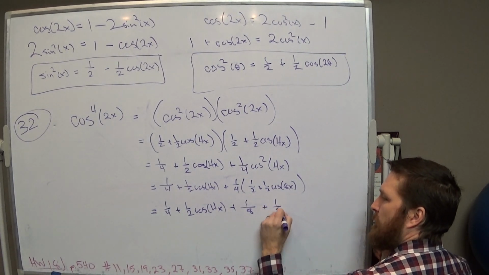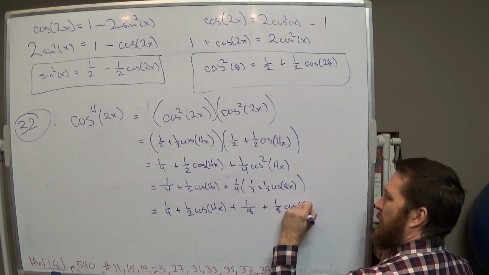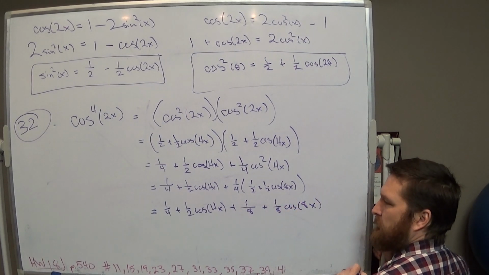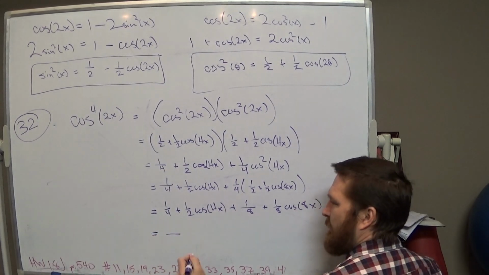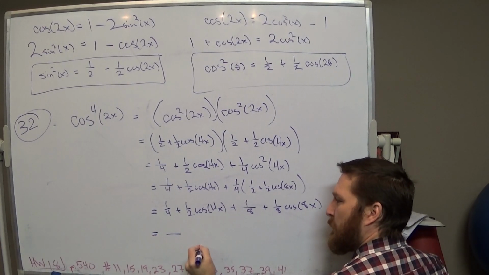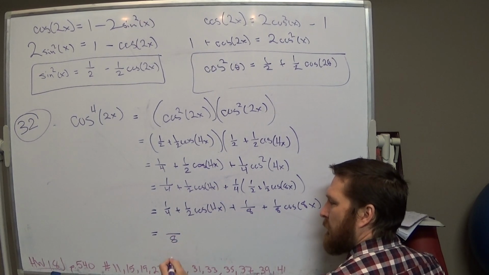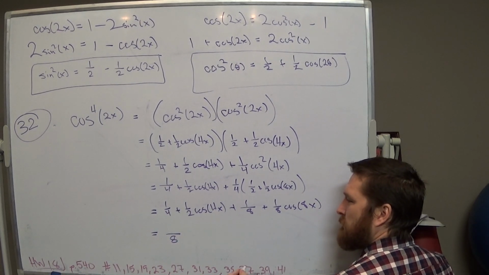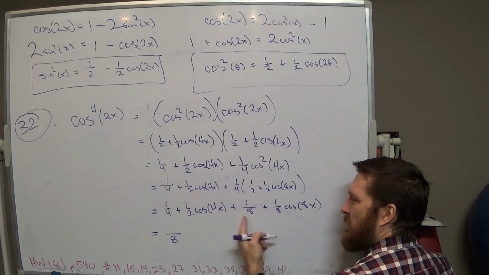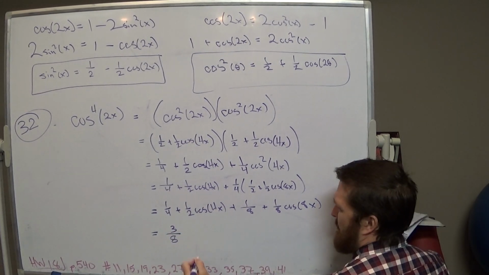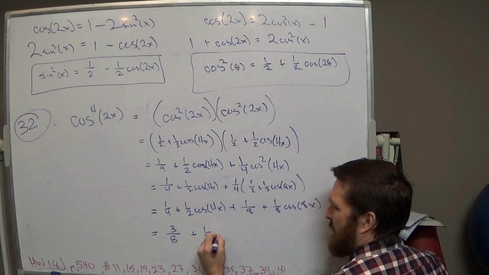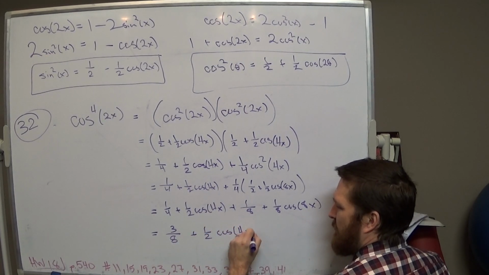Now, can we combine any terms? The 1/8 and the 1/4 give me a total of how many? 2 eighths, plus an eighth. It's 3/8. 3 eighths, plus a half cosine 4x